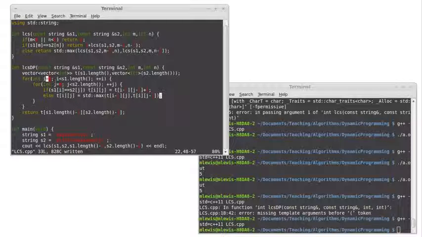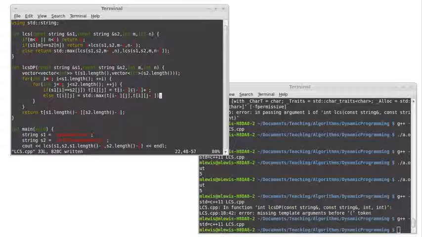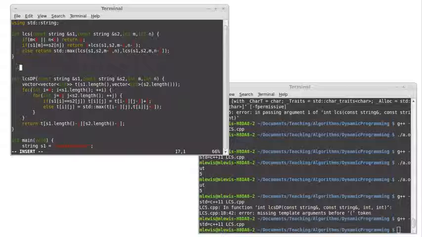Well, you might notice i and j both start at 0, and both of these expressions involve accessing t at indices that are i minus 1 or j minus 1, which means we're going to be pulling out negative indices from the vector. While it is going to be perfectly happy doing so, it's going to be undefined behavior, and who knows what we're going to get. What we really need is to put some ifs around this. Because I'm going to have to do this in three different places, to keep this looking syntactically happier, I actually want to